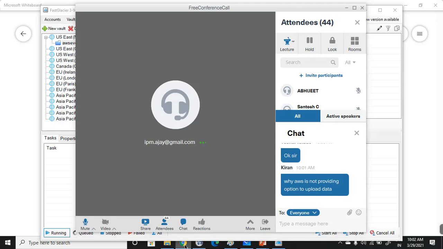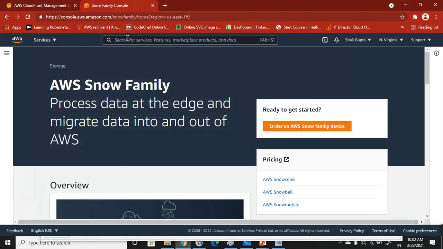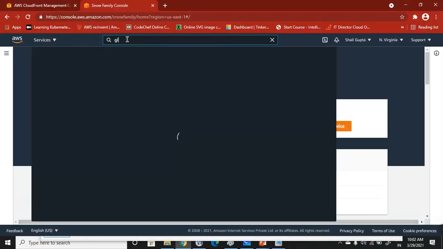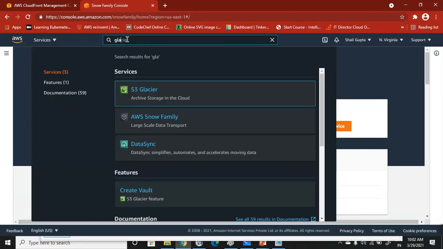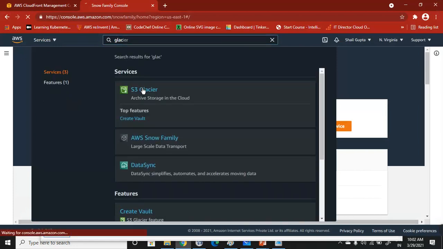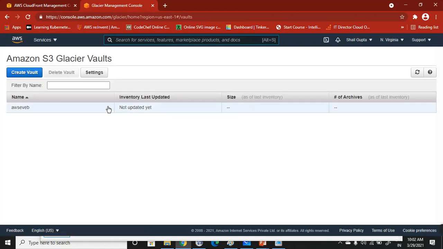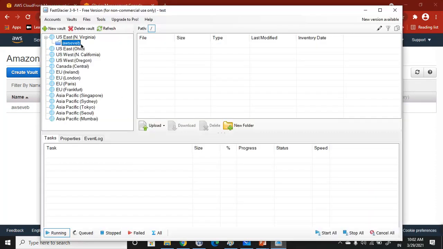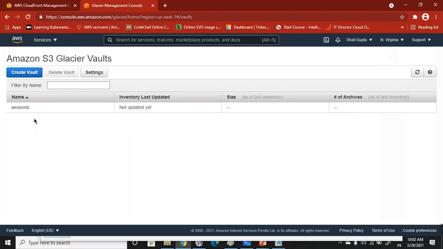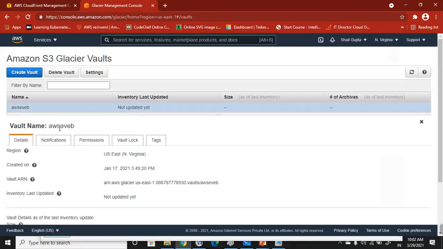So if I go here into S3 and write Glacier, it is called S3 Glacier. And here, this is the bucket name, right? Sorry, this is the vault name, AWS Everbee. You can see that it is showing here also, and I can upload the data. But if I go inside that, there is no option to view the data from here. So if I delete this vault,